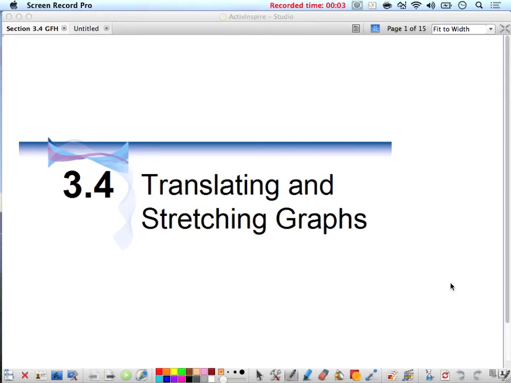Because we didn't finish section 3.4, let's take a minute and review what we already know. So far in 3.4, we've discovered what a vertical translation is and what a horizontal translation is. So if I take a function and I add a constant to the end, what does that move it? Up or down? It moves it up k units. If I take the same function and I subtract k from the end, it moves it down